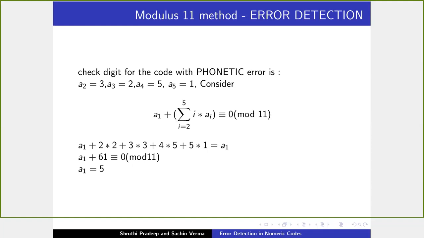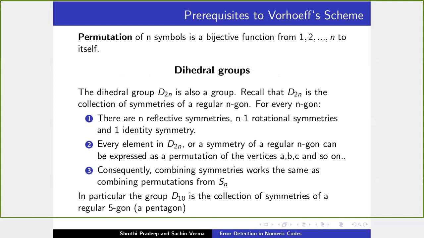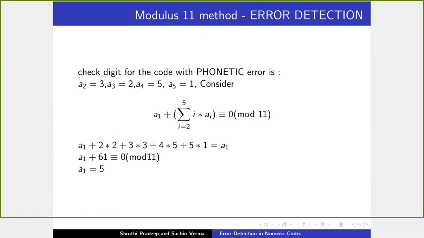Suppose your remainder comes out to be 10. Then you replace that 10 by x, because the check digit has to be a single digit. So you replace 10 by x. If you notice this book, Linear Algebra and its Applications by David Lay, the ISBN code for this book has check digit 10x. So the sum actually comes out to be 10. And so if you notice on that book, the check digit will be x. So you can just read the code of this book.